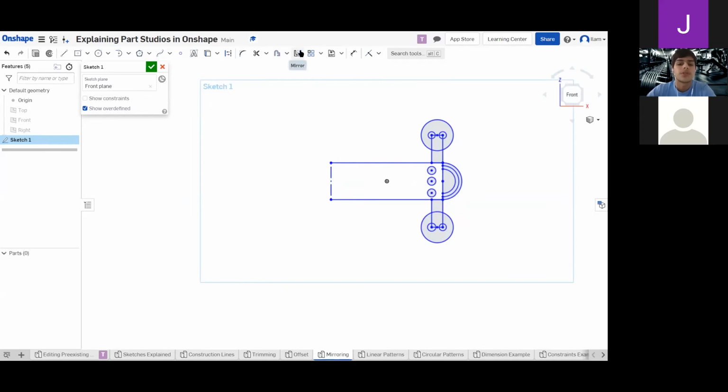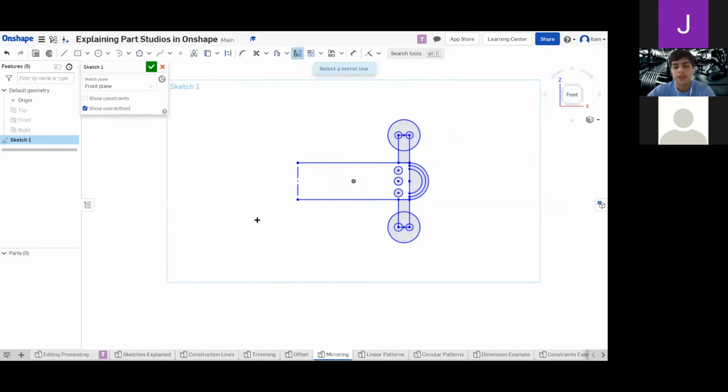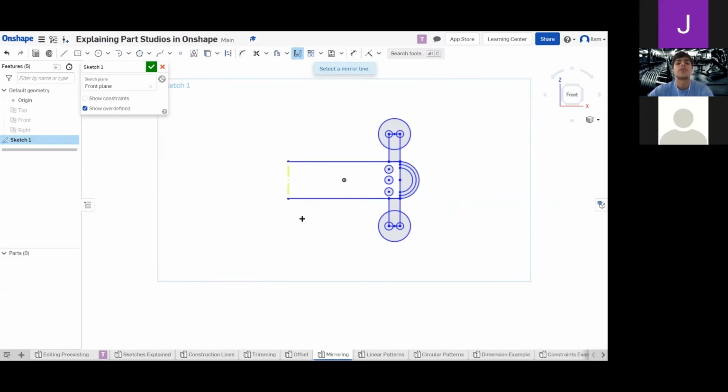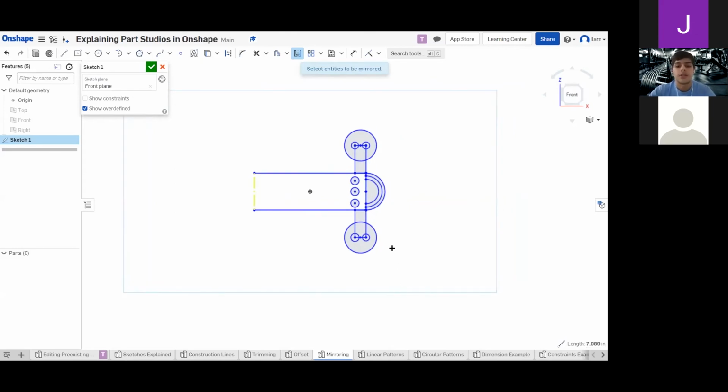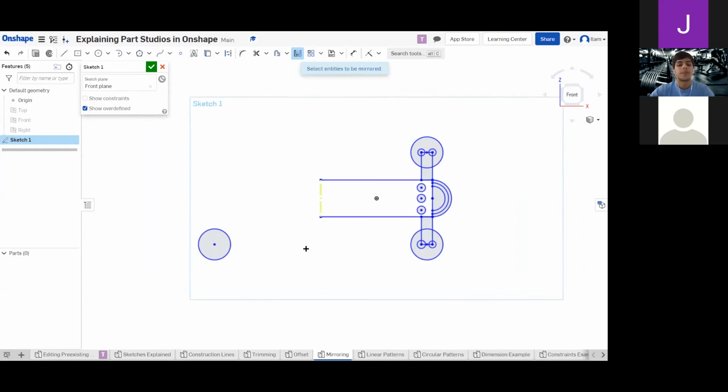So the mirror tool, you click on it, and a construction line is recommended for this. Like I said before, for those of you who don't remember, this is used for referencing, so you can reference it, and it's not going to show up if you extrude the part. So I select this line because this is where this is going to be mirrored over. So it's going to reflect itself across this axis on the other side. And then I can either select one entity like this, and it only copies that one, or if I'm going to redo this again,